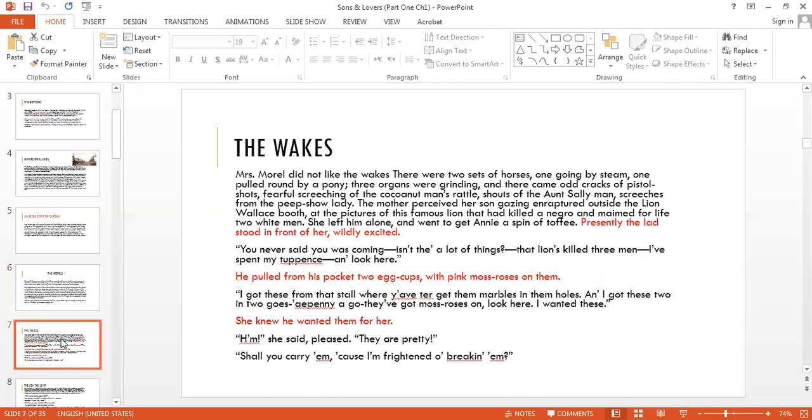Okay. This is a very, very important incident here, because at the Wakes, or the fair, we notice a very unique relationship between William and his mother. The moment he sees his mother, his face lights up. And many critics think that this part of the novel starts by portraying the concept